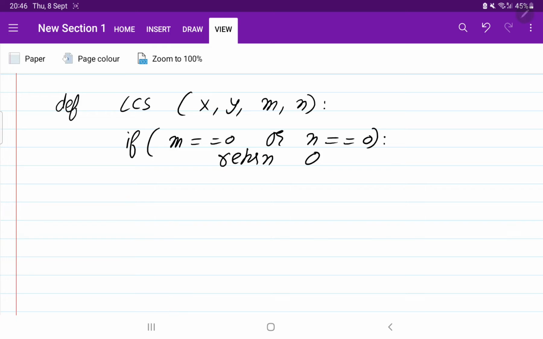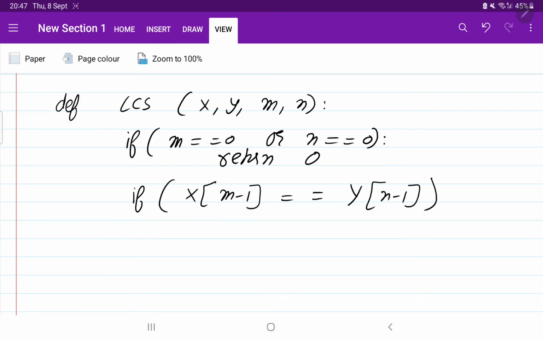Now we have to do the choice diagram. So if the last element, x[m-1] equal to y[n-1], if this happens, this time I am going to pass one more variable, count. Initially the count value will be 0.